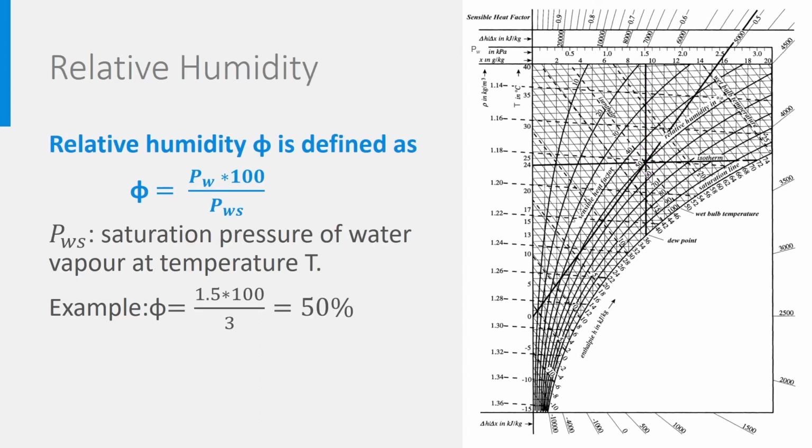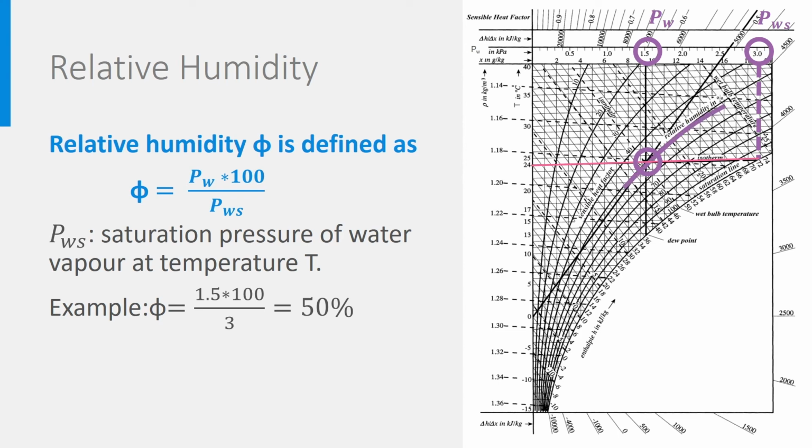This brings us to the definition of relative humidity. The relative humidity describes the distance from the saturation line based on partial pressures and at constant temperature. Let's take again the same point in the middle. The temperature in this example is 24 degrees Celsius, crossing the saturation line like this, leading to the saturation pressure PWS of 3. In our example, this leads to a relative humidity of 1.5 divided by 3 is 50%, which is exactly what you see on the card.